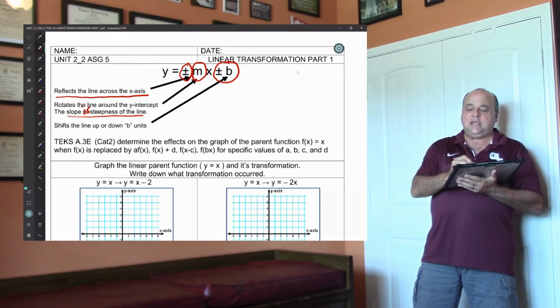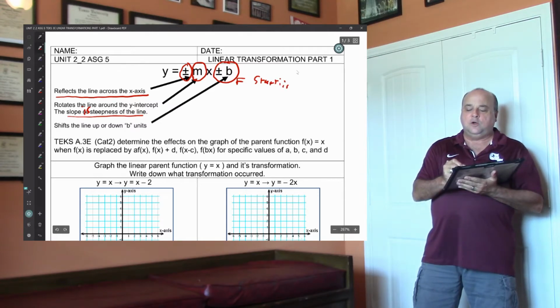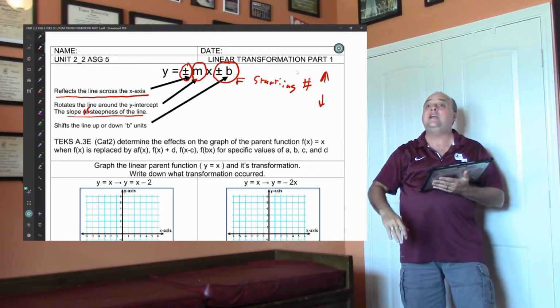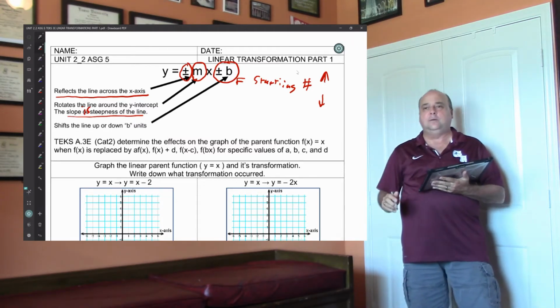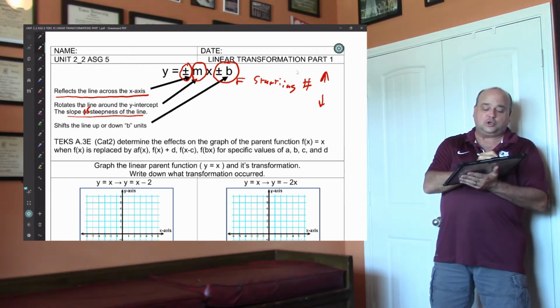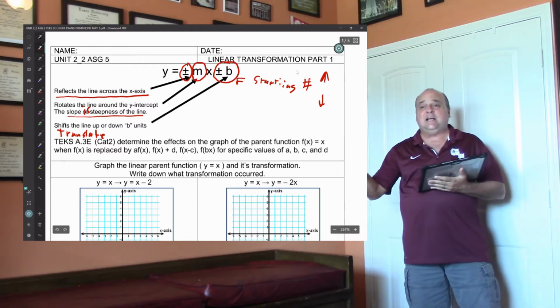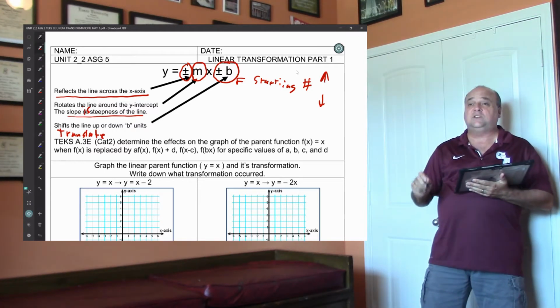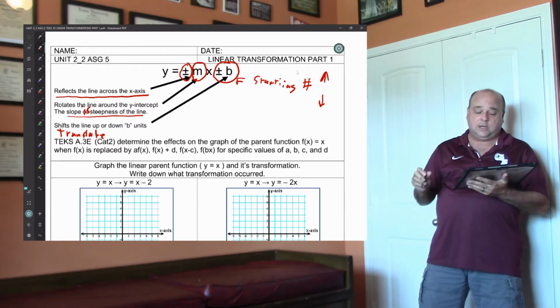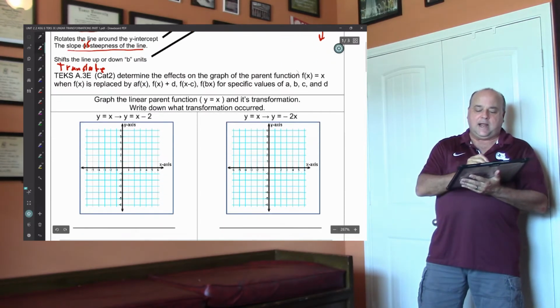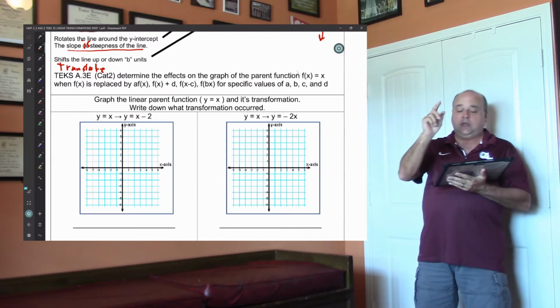And then the b is your starting number. The starting number basically moves the line up or down. If you change the starting number, it's going to translate the line up or down. So we're going to write down the word translate on that. Now, in the next class period, we're going to look at a little bit more on the slope, what is actually happening, okay? So we're going to go through here and talk about what happens to the